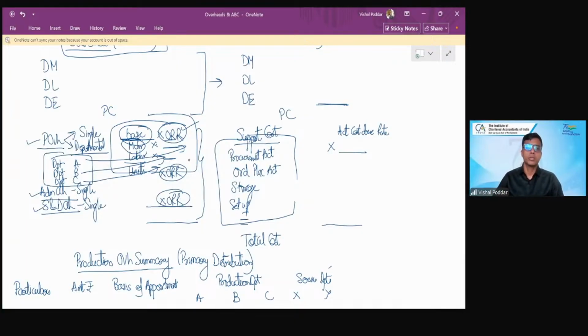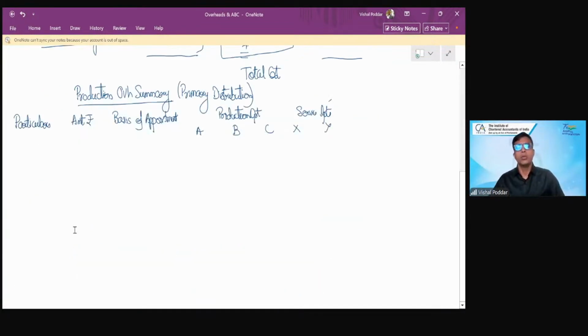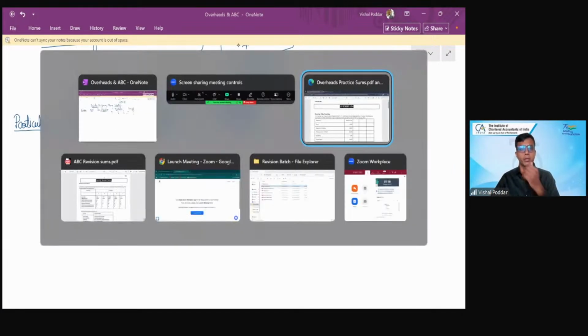And for finding out this departmental rate, ORR, per machine hour, per labor hour, whatever it may be, you have to start with this first working, which is primary distribution, where the format is particulars, amount rupees, basis of apportionment, and then the two categories, production department, service departments, within production ABC, within service XY. These terminologies may change. Now, let us start with the practical part. So,